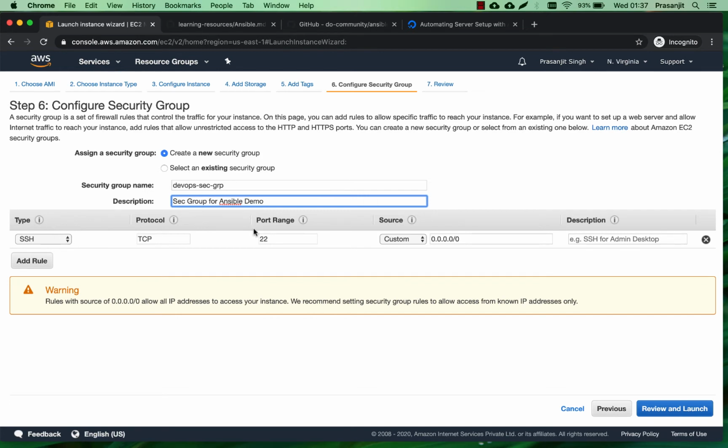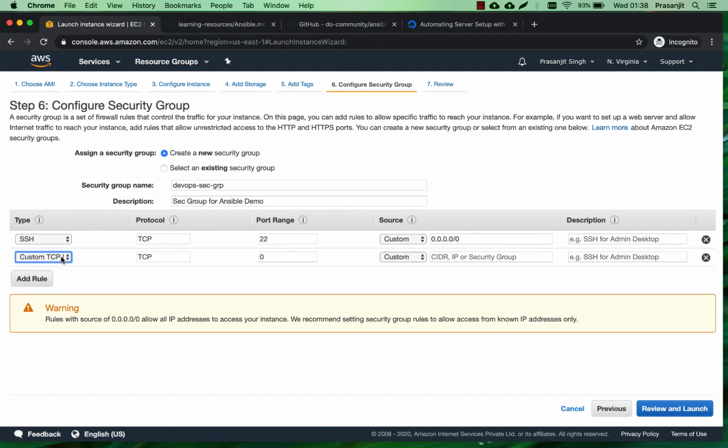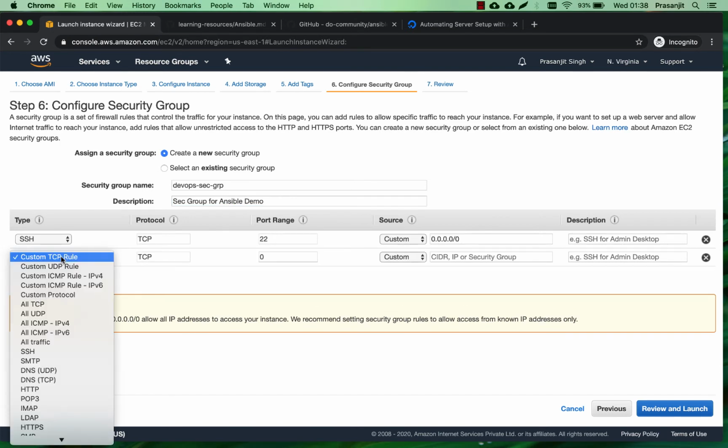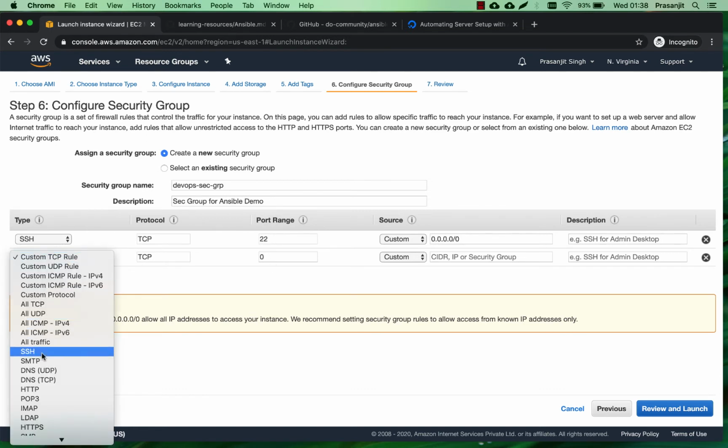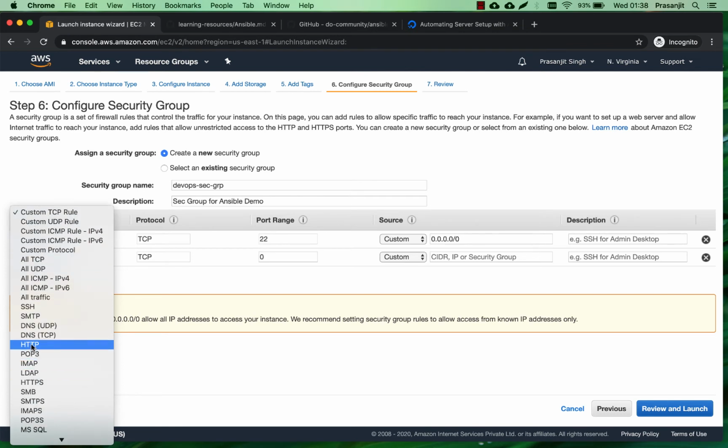So now here you define which ports to open so that your servers would be publicly accessible, and what are the ports you need to open to ensure that your server is secure and you're not exposing too many ports. So 22, we will need this port in order to SSH into the server, and we already discussed Ansible uses SSH to run the commands, so we would need this. And apart from that, since we are going to run one of the playbooks which involves having port 80 open, let's allow the HTTP traffic